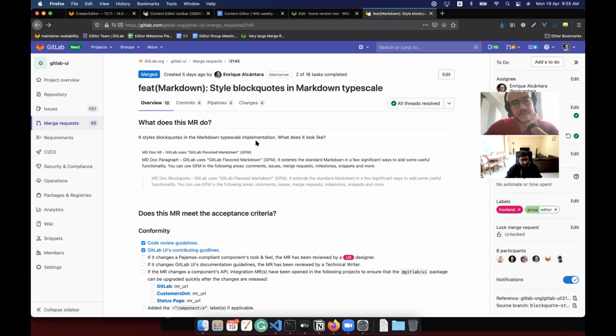Yes, but in my opinion, that would be different from what the Markdown preview shows you, because it uses the old styles. So you might be right about using proper Pajamas styles for everything, but it's not the right thing to do for the end users, because they see something in the content editor and they would see something else when you actually view the page. So as long as we can be consistent with what you see is what you get